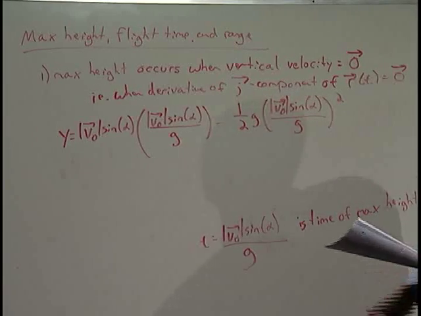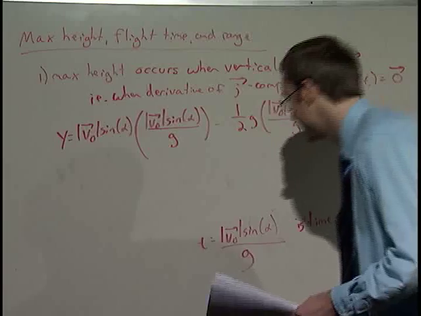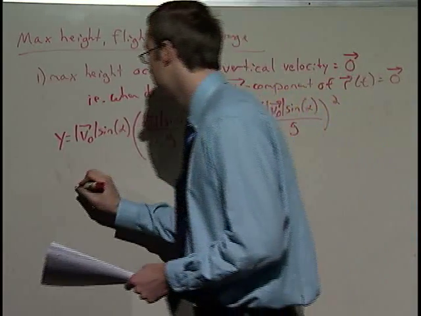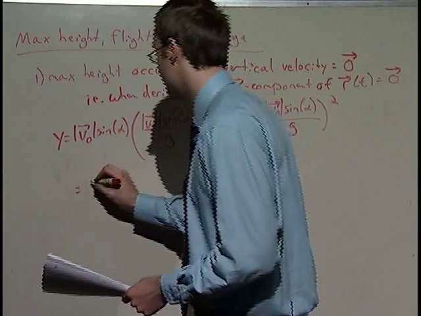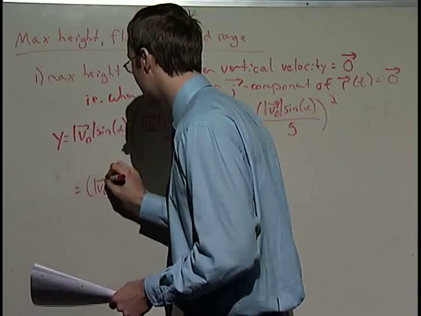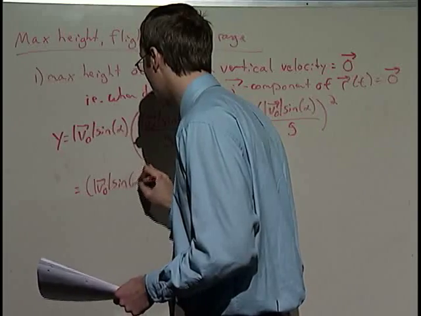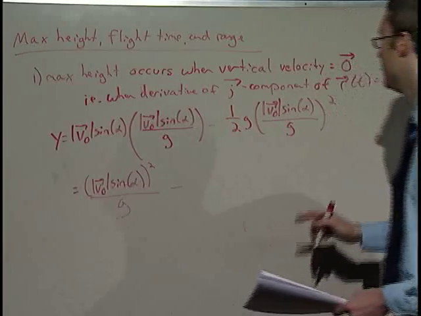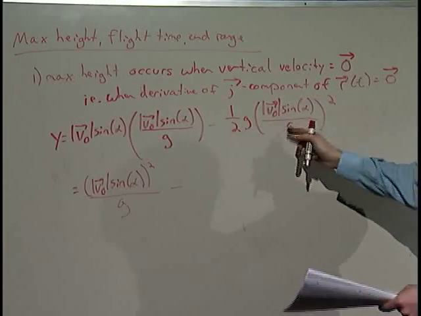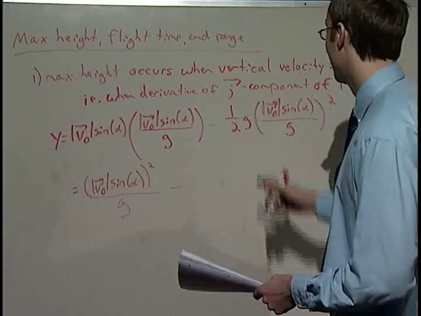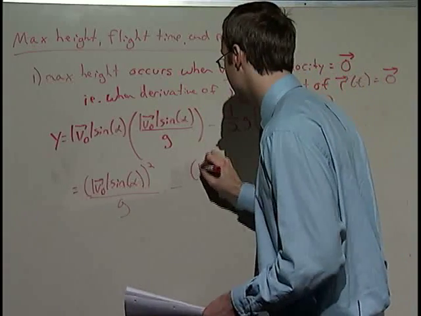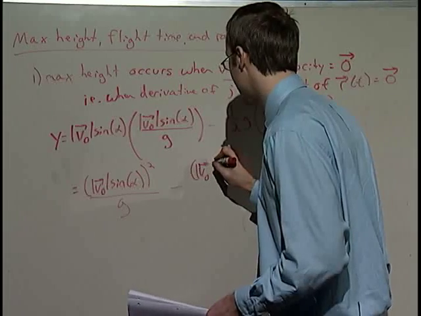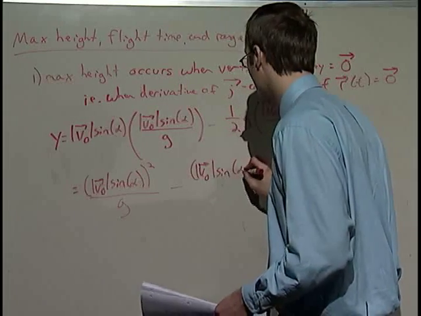So what does this give us? Over here we've got v naught sine alpha squared over g. This is a g squared and a g, so that cancels and leaves a g down below. We've got a 2 down there hanging around, so we've got v naught sine alpha